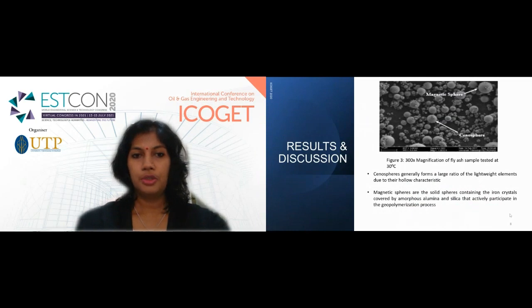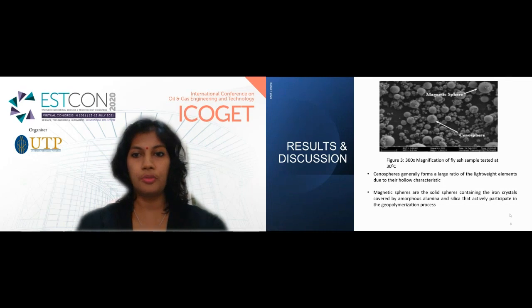We will move on to the results and discussion section. Figure 3 shows the 300 times magnification of the fly ash sample tested at 30 degrees Celsius. These fly ash samples consist of cenospheres and magnetic spheres. Cenospheres generally form a large ratio of the lightweight elements due to their hollow characteristics. Magnetic spheres are solid spheres containing iron crystals covered by amorphous alumina and silica that actively participate in